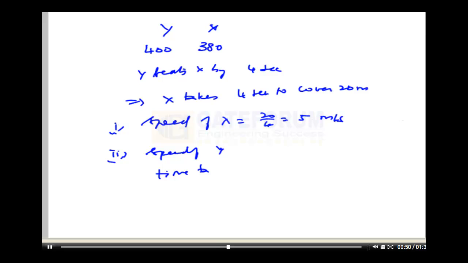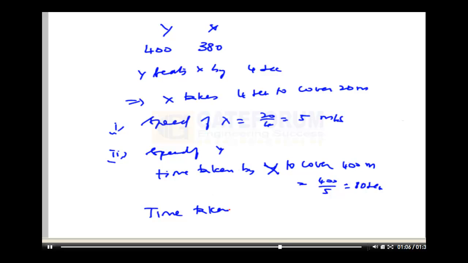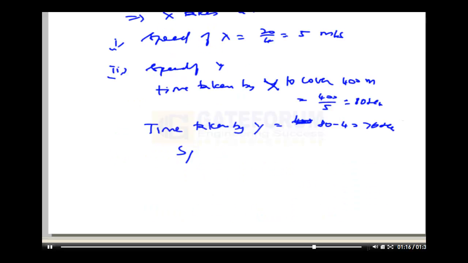Speed of Y: time taken by X to cover 400 meters, 400 by 5 is 80 seconds. So time taken by Y to cover 400 will be 80 minus 4 seconds less, 76. That gets you speed of Y, 400 at the rate of 76, 5.26